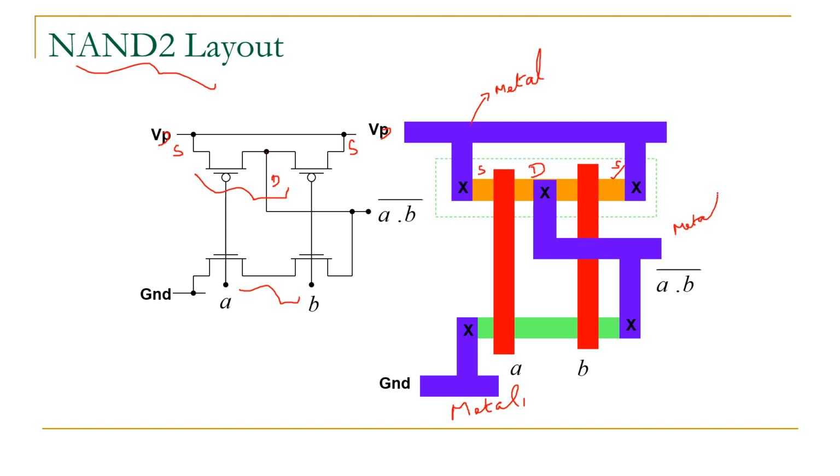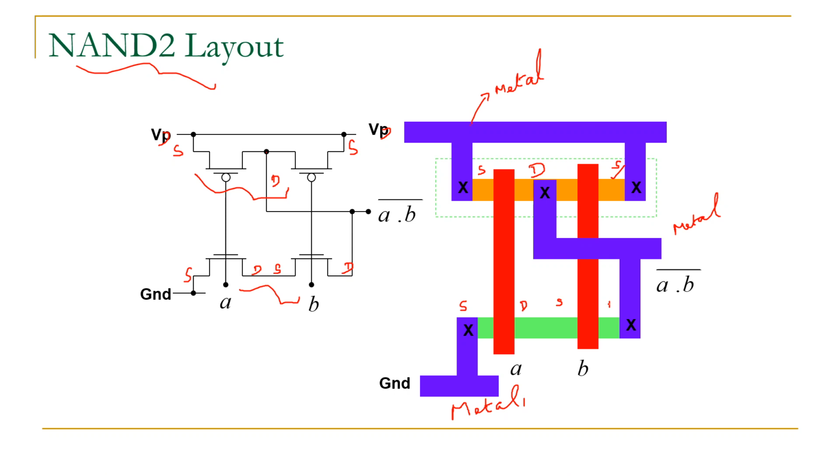Now let us come back to the N MOSFET side. See here, you draw the N MOSFET horizontally, which is of green color. We are connecting the source to ground of the first N MOSFET. The drain of the first N MOSFET is connected to the source of the second N MOSFET, and from the other side it is marked as drain. From there we are taking our output. The same is marked here. This is your source side, this is your drain side, and this is your source side, this is your drain side.